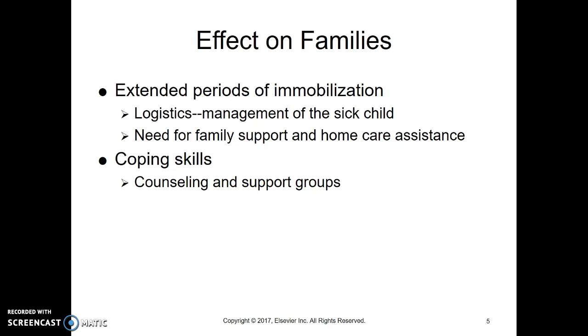So we may need to get them some help at home, get them some respite care. So we have someone taking care of this child who knows how to take care of them medically, so the parents can go do their grocery shopping and run the errands, or just take the other kids to and from school, whatever, do the normal life activities that they need to do. This may push some of our families beyond their ability to cope, or right up to their limit of coping skills. So getting them some counseling may be very helpful, or getting them in support groups where there's other people around who can understand the frustration they're going through.